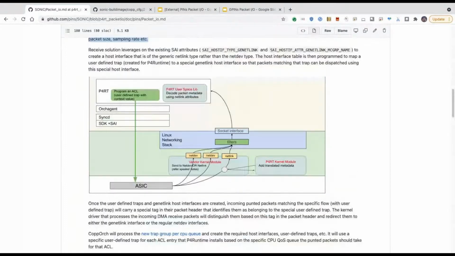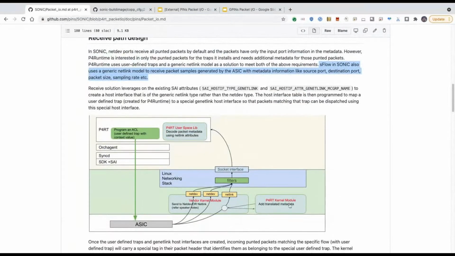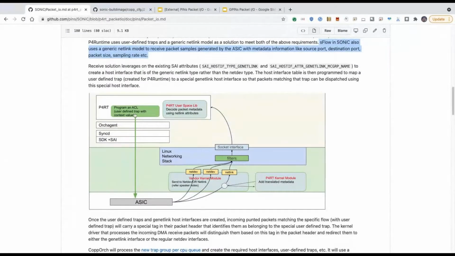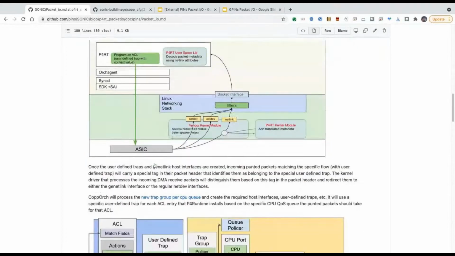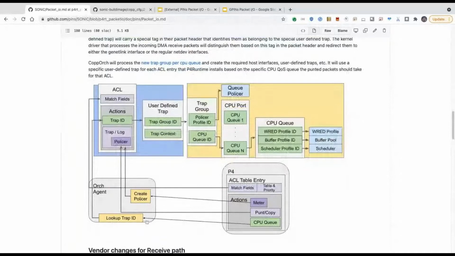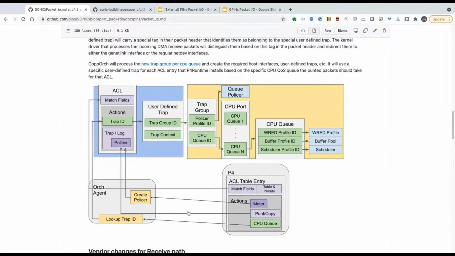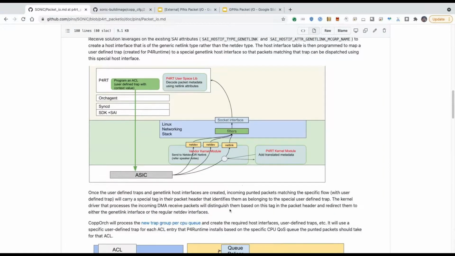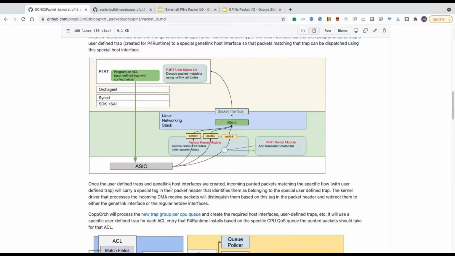Given the high level flow here, how do we define the unique attribute ID or the unique context values? What we chose is the CPU queue that is used for the packets to be sent when the punt packets arrive. The gnetlink name, the family name, and the socket name are all specified in the COP config